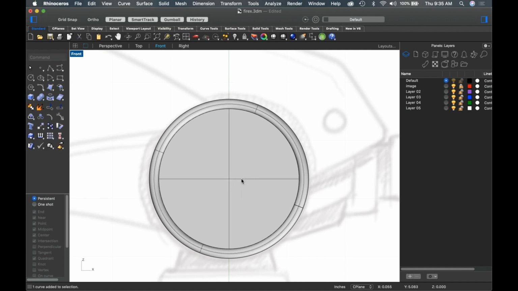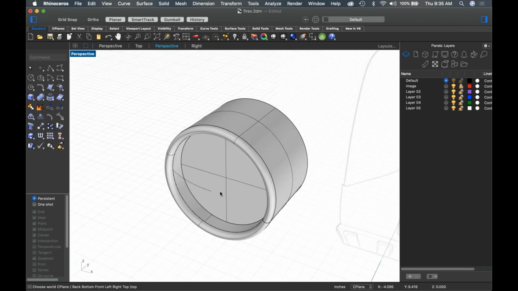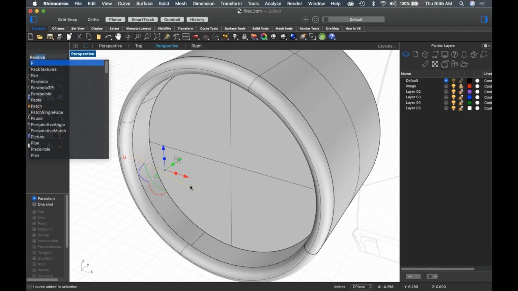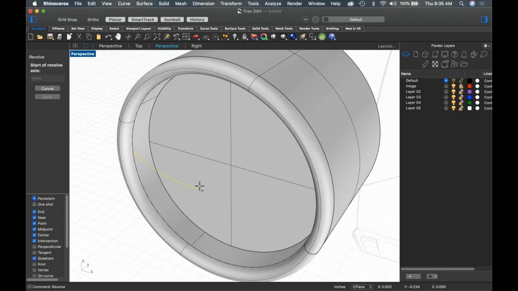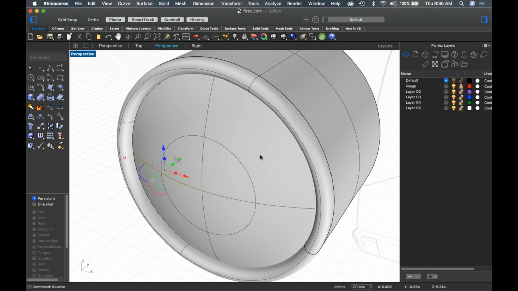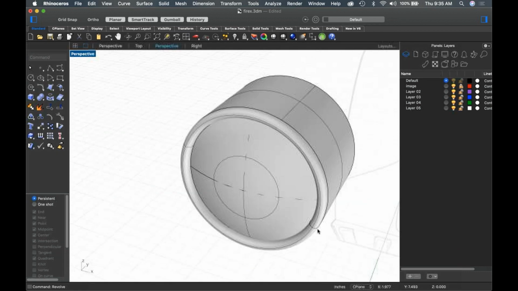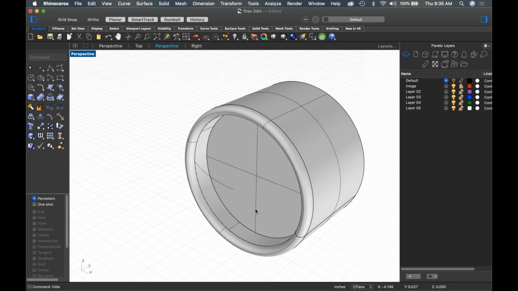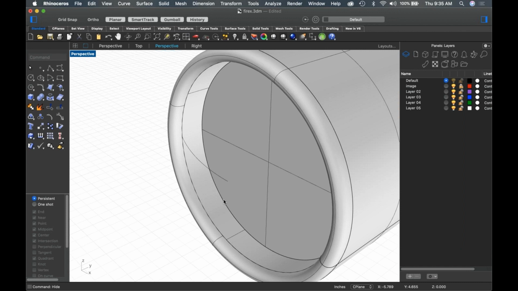There we go. So I've got half a curve now. I can revolve this. Starting from here, going in this direction, you enter. There's my glass. Now, if I hide this, you see I have a gap between the inside between this and